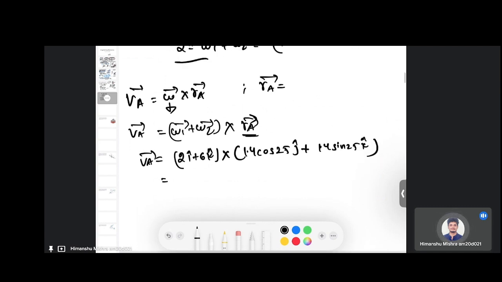So I can split this as 2i cross 1.4 cos 25 j plus 1.4 sin 25 k, plus 6k cross 1.4